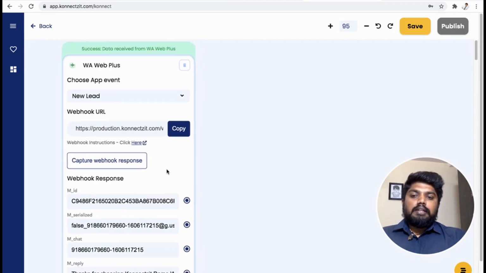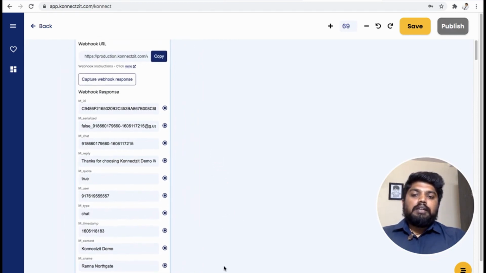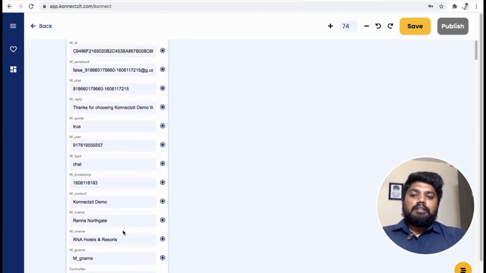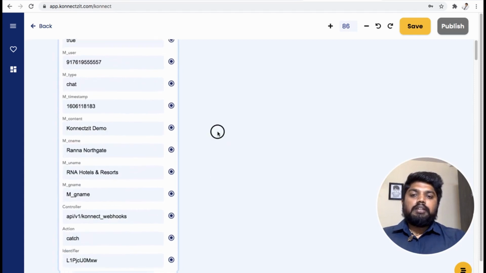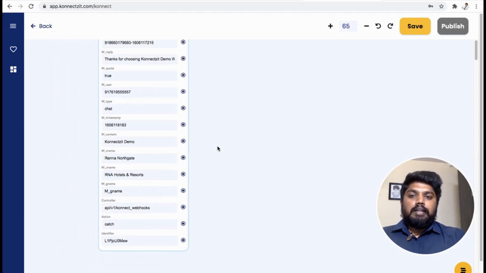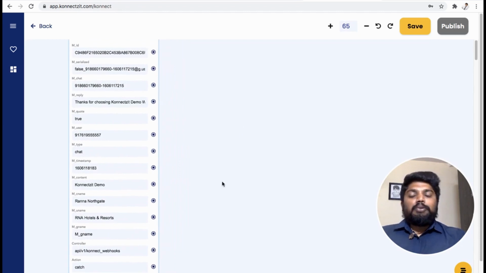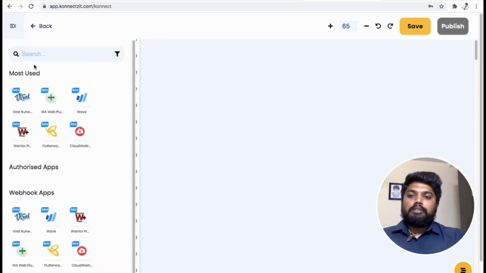You can see all the user details, which we selected as the payload, will be entered inside Connexit. Now I will go ahead and use Google Sheet to save the records.